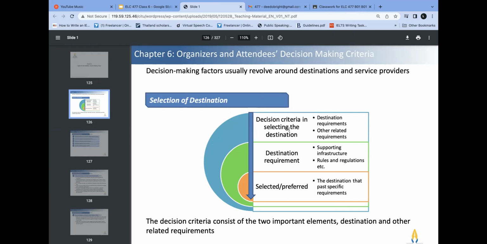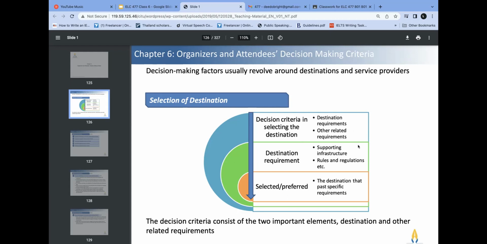For the destination for my business, the first one is the decision criteria in selecting the destination, right? So we have to see the destination requirements, the factors, or even something that we need to know before launching or selecting a destination here, and